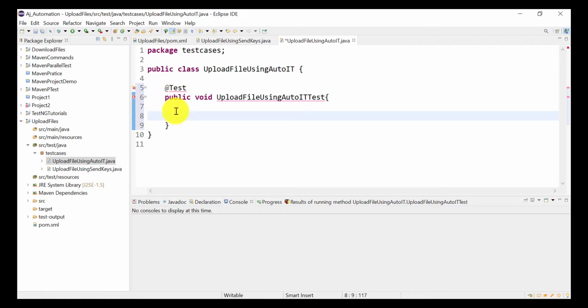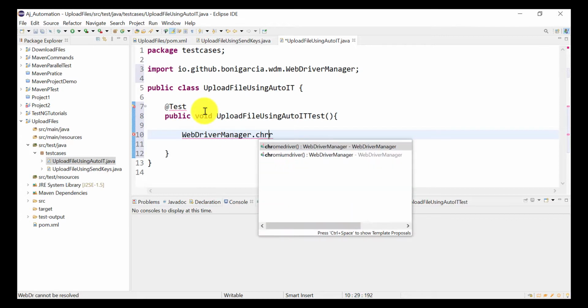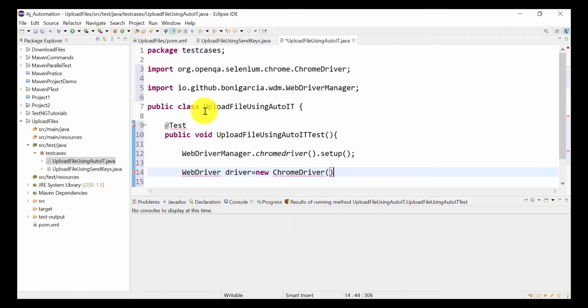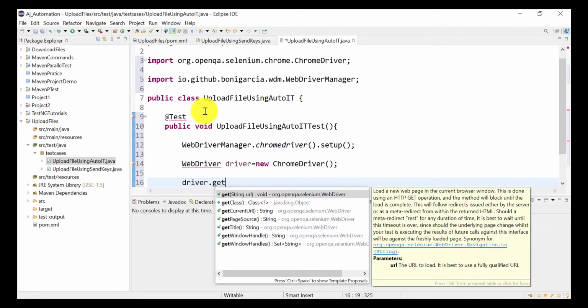So first of all, we need to open the Chrome browser. For that purpose we are going to use WebDriverManager.chromedriver().setup(). Then WebDriver driver equal to new ChromeDriver(). Then driver.get.